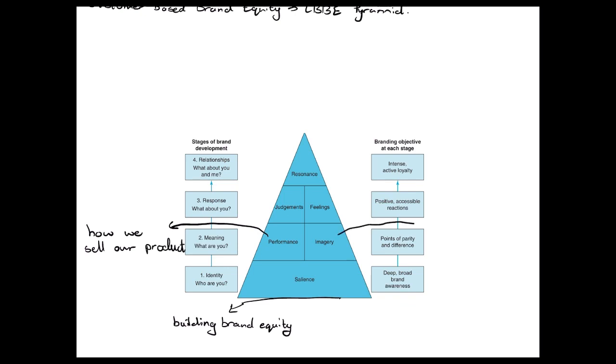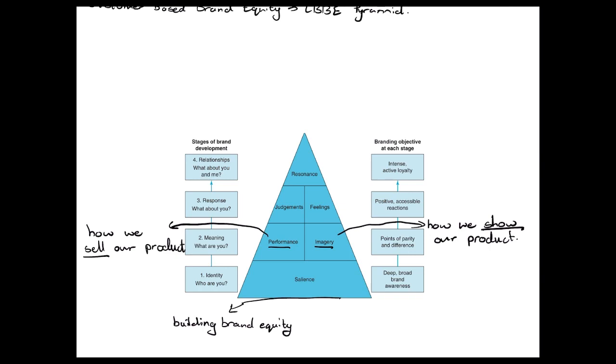This relates with imagery. Imagery shows us how we show our product. You see the relation and you see the difference within these two as well. We sell and we show. We perform and we show. Next on the pyramid, we have